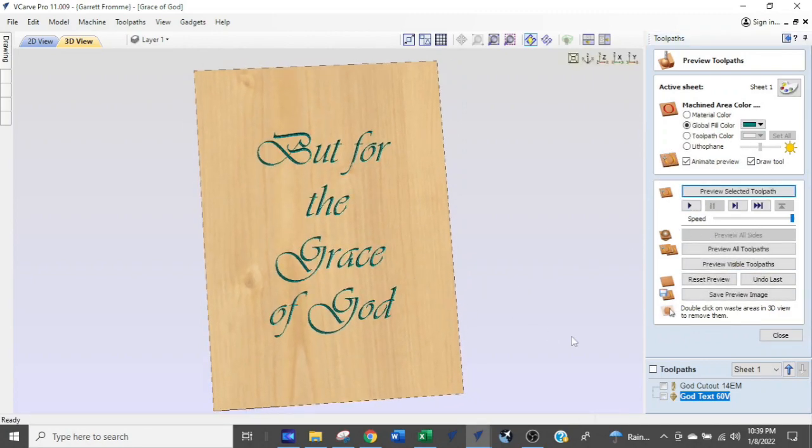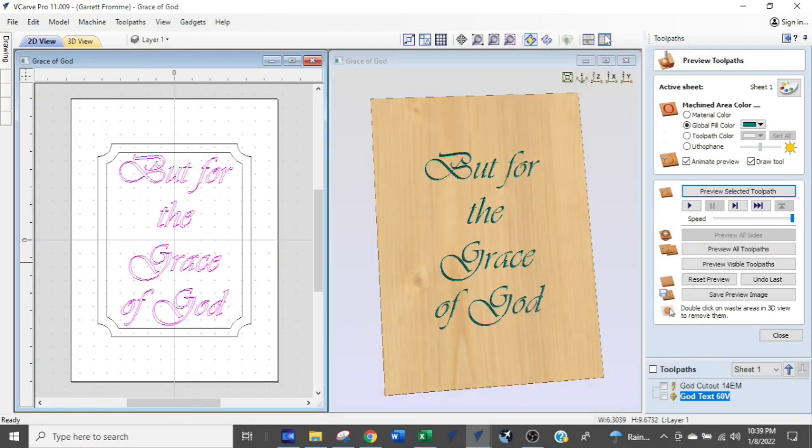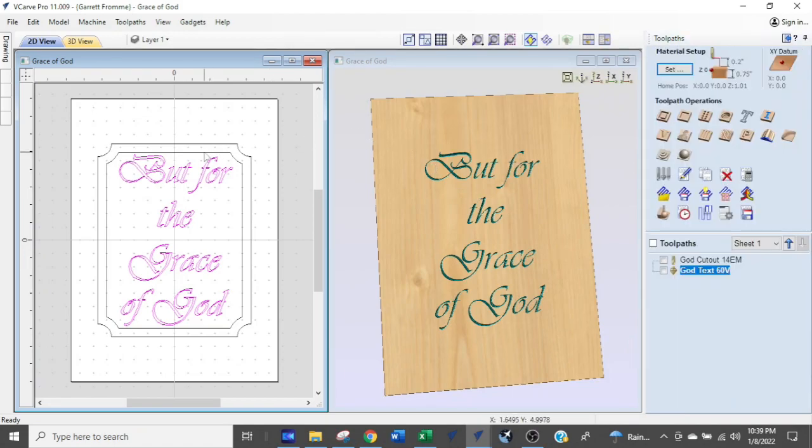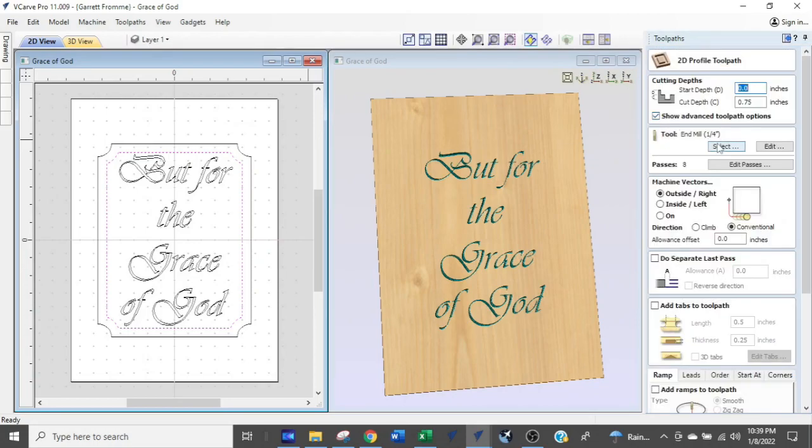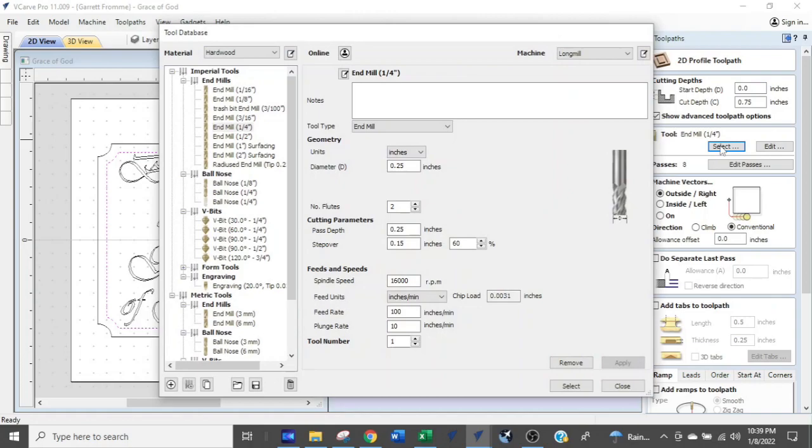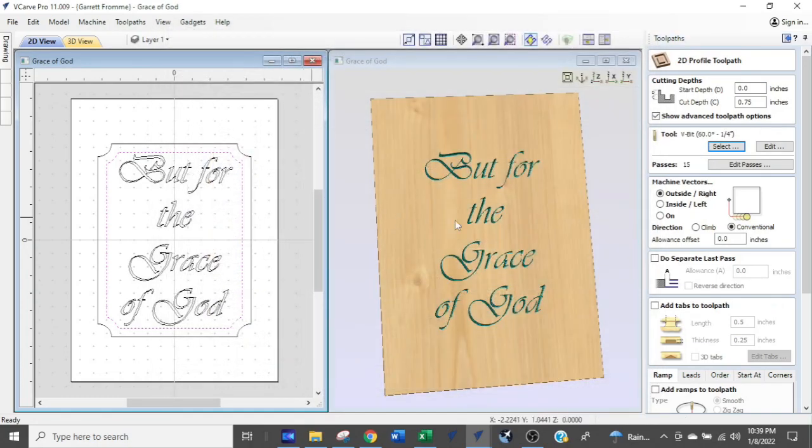There it is. And then we're going to split our screen so you see them both. We're going to close this menu, and we're going to come in and click the border. We're just going to put an accent on this thing. And we're going to use the profile toolpath. I select that, and we're going to use the same bit that we're carving with. So we don't have to do a bit change. So I'm going to change the bit, and we're going to use a 60-degree V-bit, which is what we had